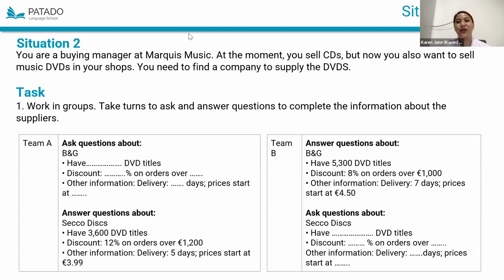It's a very nice job that you were able to accomplish. You have done the conversation so beautifully without stuttering, right? So you have done it successfully without taking so much process. So that's a very nice start. So now let's proceed to the second situation, team B. I'll be answering questions about B and G, and you have to ask questions again.